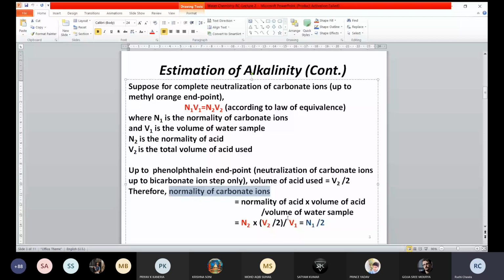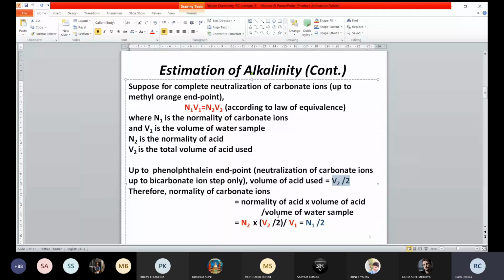Now, standard acid has been used, so this normality will remain fixed as above, N2. Volume of acid, we have said, is going to be half of the above, so V2 by 2. And volume of water sample, the water sample is